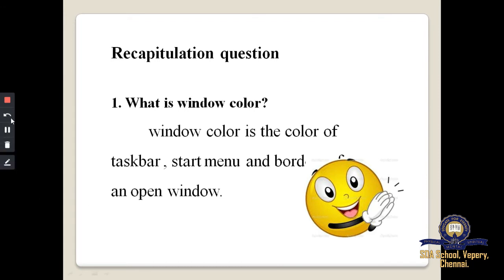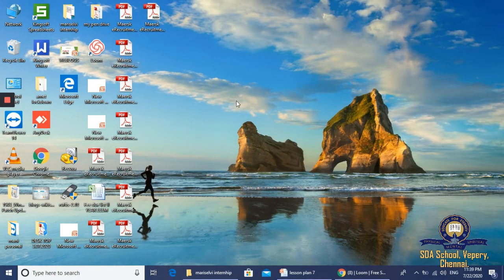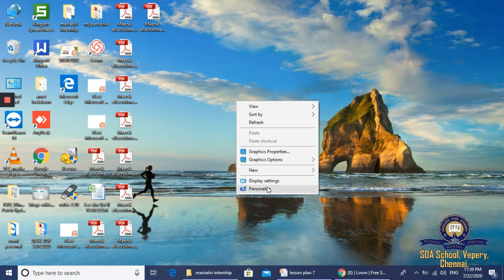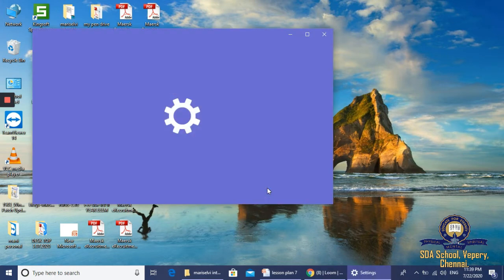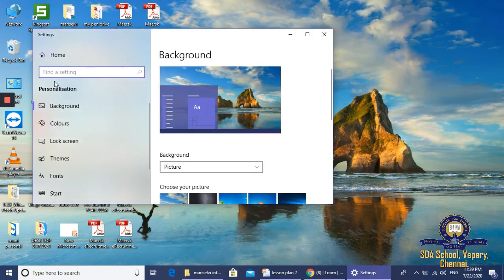Okay. Then we move on to the recapitulation question. Before going to the recapitulation question, I will demonstrate. First, you have to right click on this window, then you have to choose personalize. This is the Windows 10 operating system.